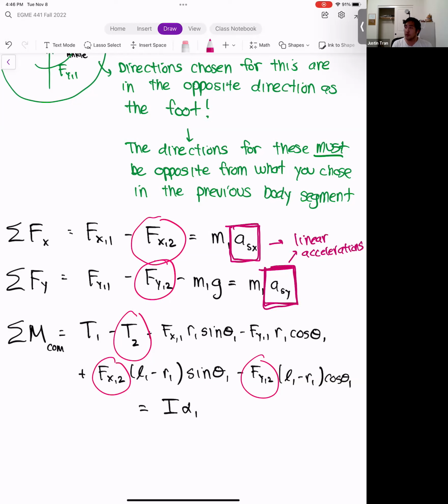If you recall from our kinematics unit, we don't actually obtain linear acceleration. We don't obtain linear velocities or any of that. What we do obtain are the angular quantities: angular position, angular velocity, angular acceleration. And so this set of equations is incomplete, because we need to come up with expressions for these quantities.